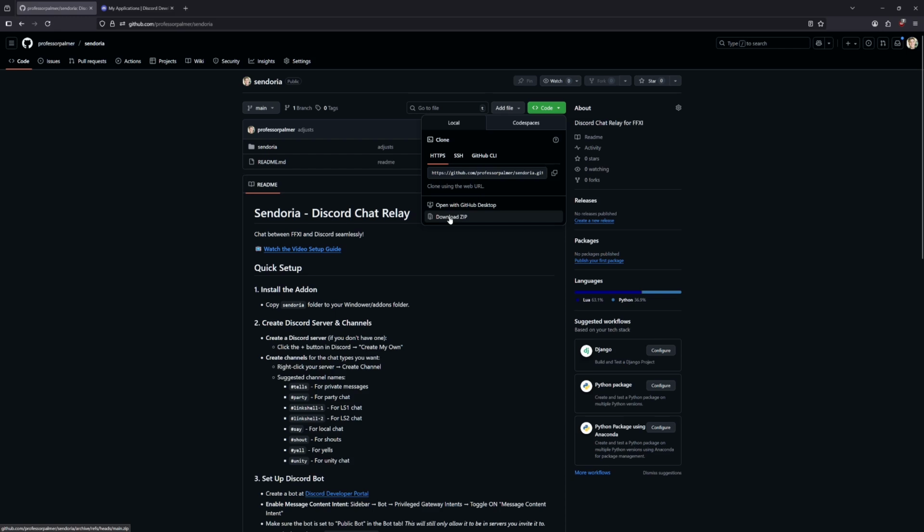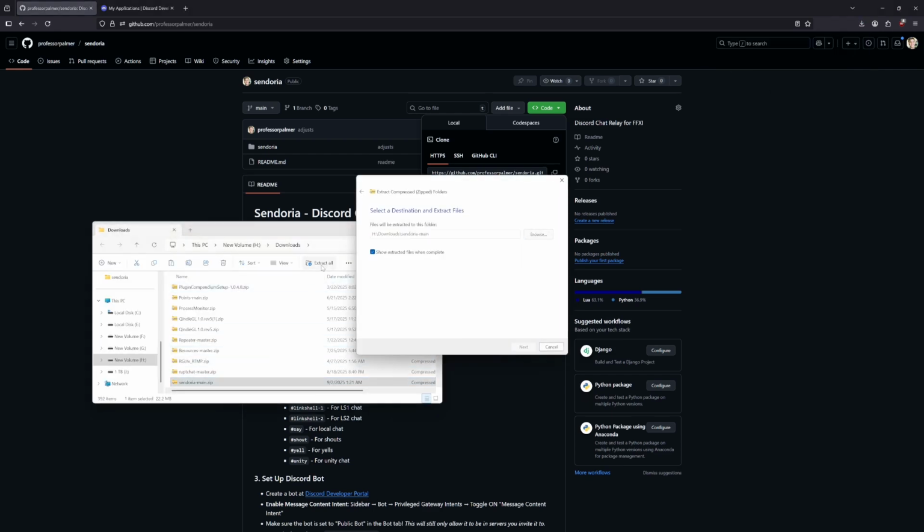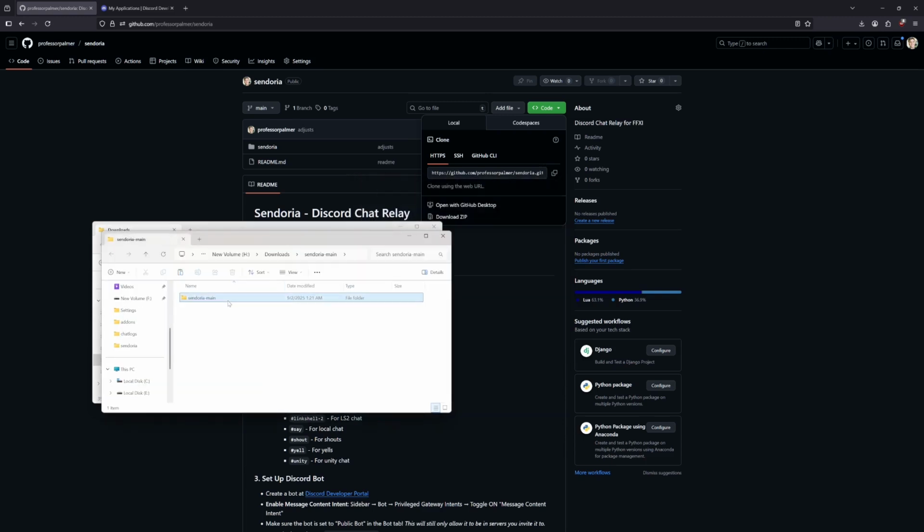But for the time being, Windower users, go ahead and pop on over to this repo. I'll include the link in the description below and download the zip. Now, once that zip is finished downloading, go ahead and open the containing folder and extract that zip file, unzip it, and you'll be left with